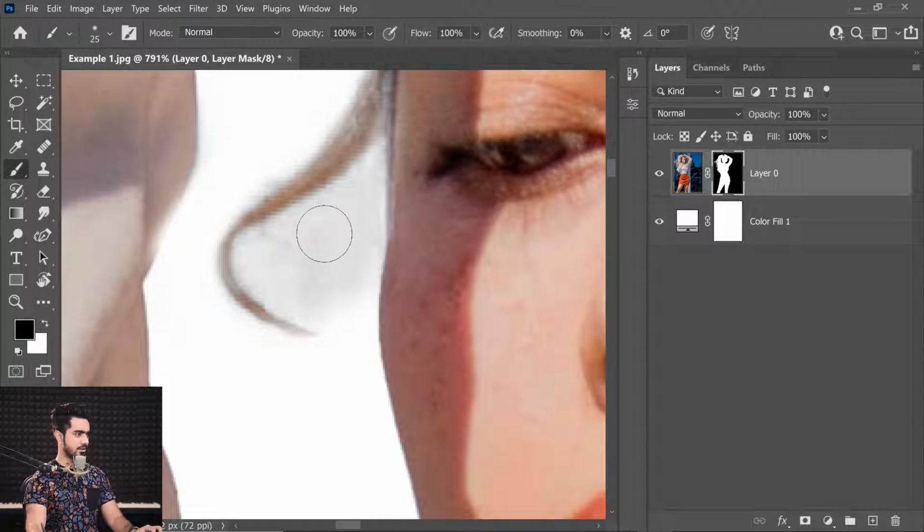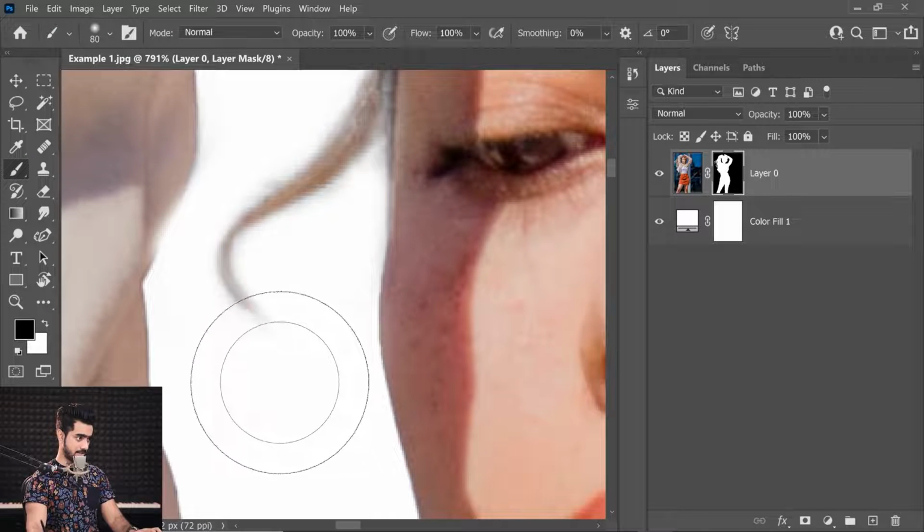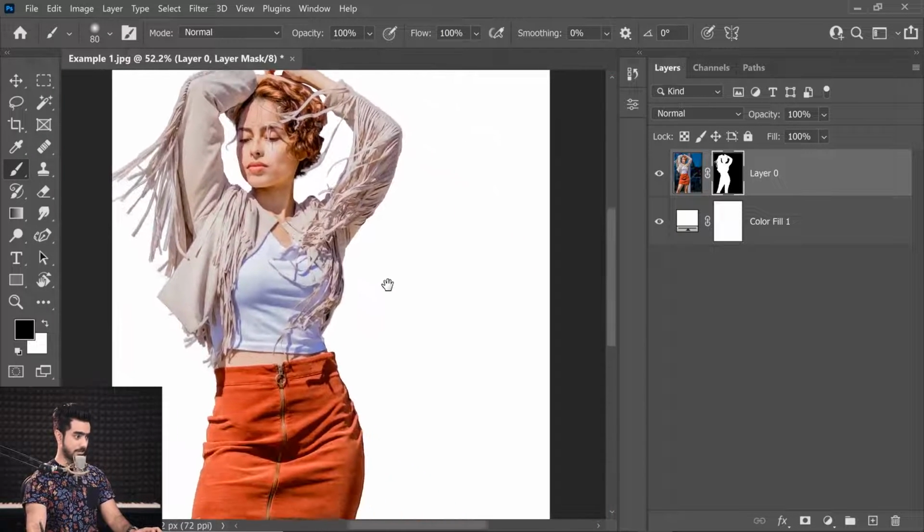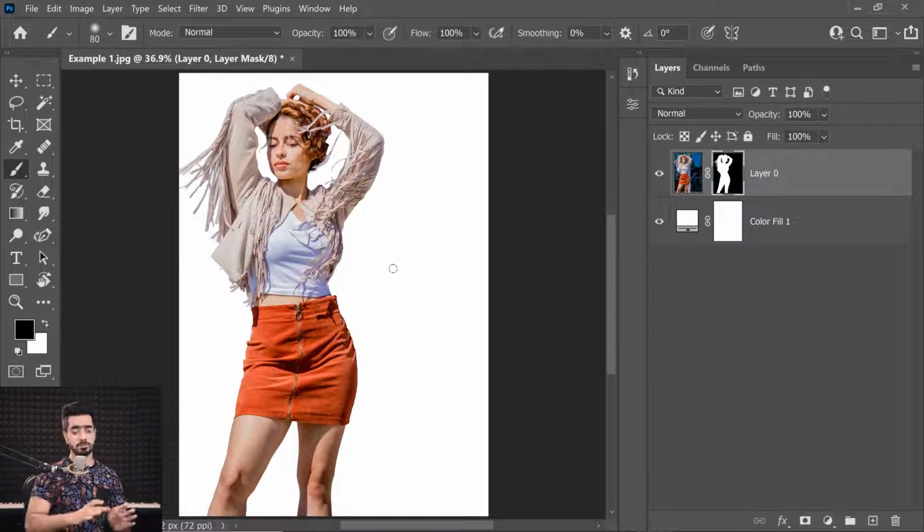Just erase it. Paint with black. And there it goes away. There you go. This is how I would do it in cases like these. Make it a little softer and there you have it. A brilliant mask. Such a complicated subject, such a complicated background, yet we pulled it off with the help of